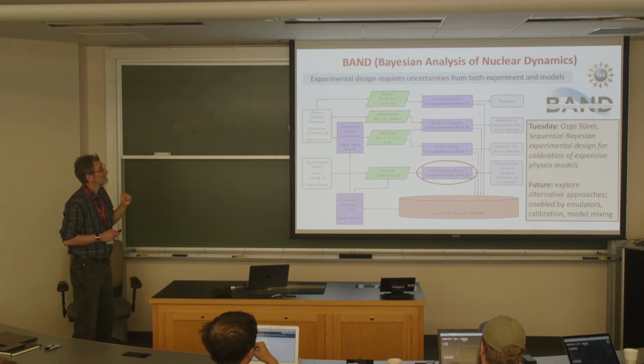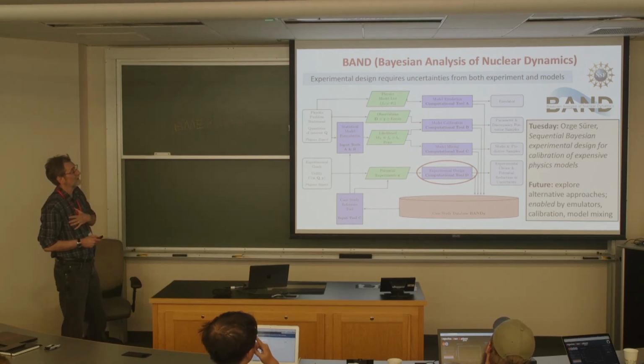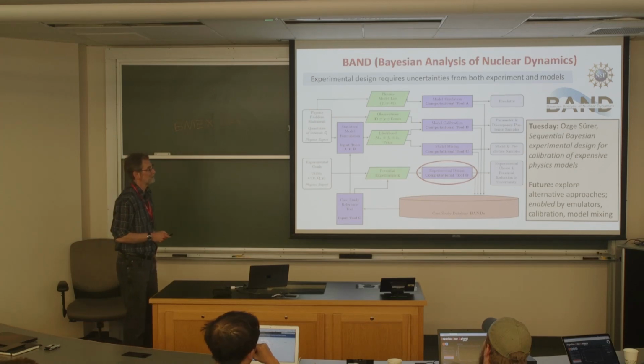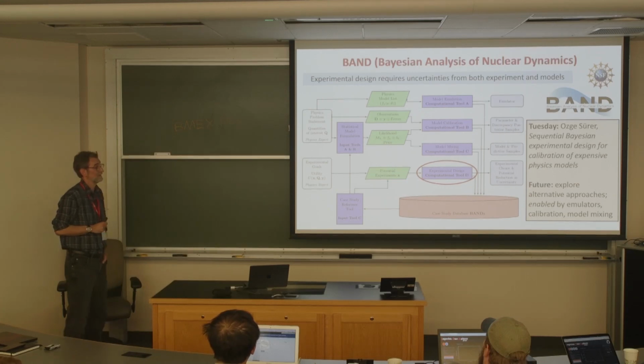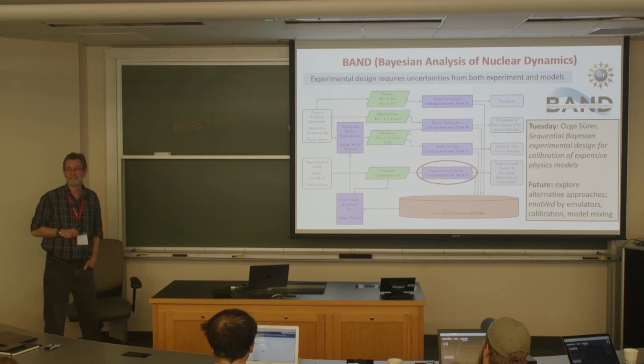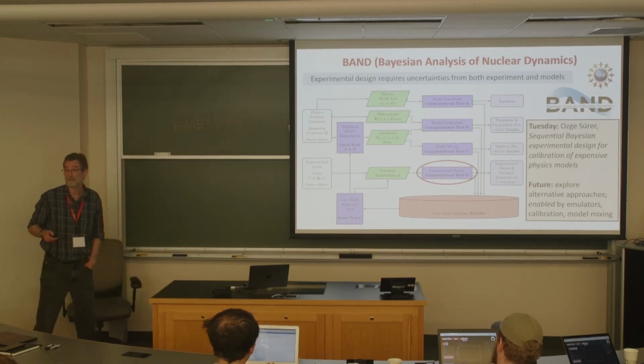Okay. Experimental design. A point that I'll be making over the next few slides is about requiring uncertainty from experiments and models. Oskar gave a nice introduction of different types of experimental design, and she'll have a talk on her work on this tomorrow. There's a lot of frontier work to be done on this, and so within BAND in our last couple of years plus, we'll be exploring alternative approaches